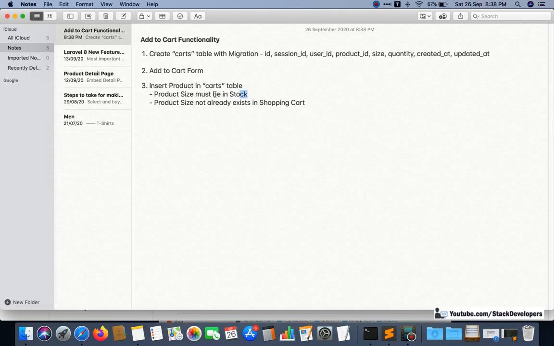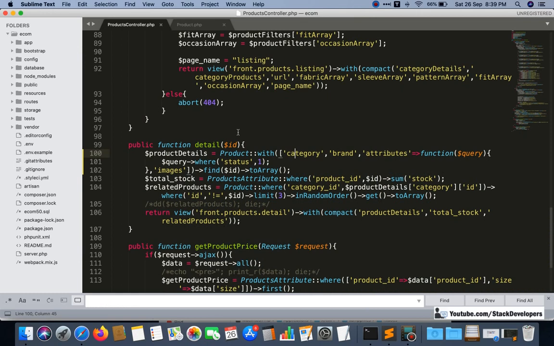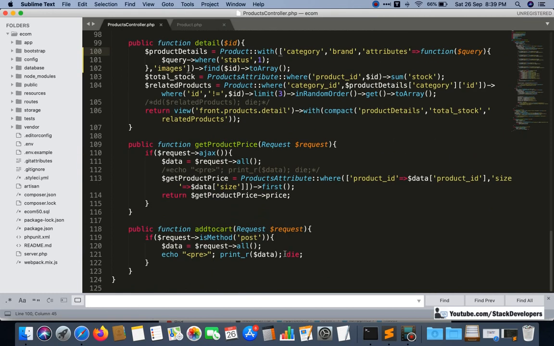Okay, here we will also add product size is not 0, you can say. Okay, so these two checks also, and one more check we can add here, and that is product size must be active, must be enabled. Okay, so after that we are going to save the product in cards table. Okay, so now it is clear. So these few checks we are going to add, and so open products controller here, go to add to card,